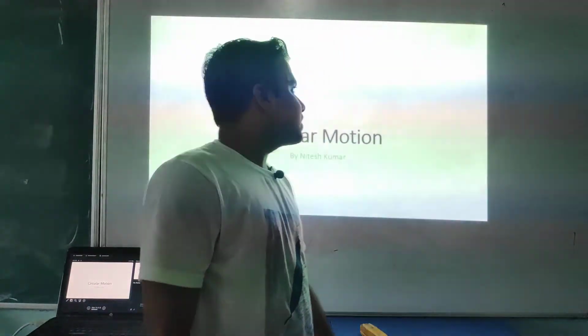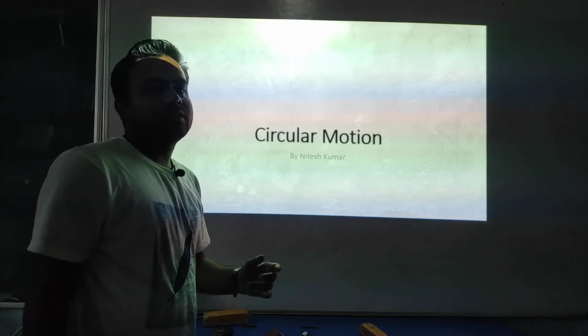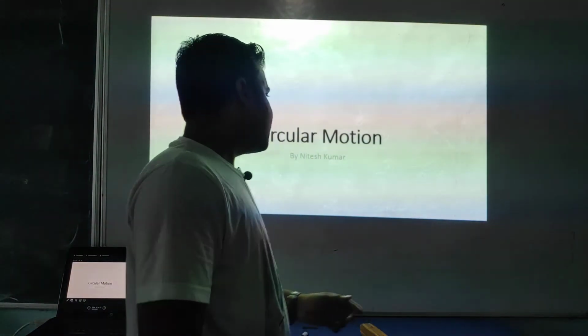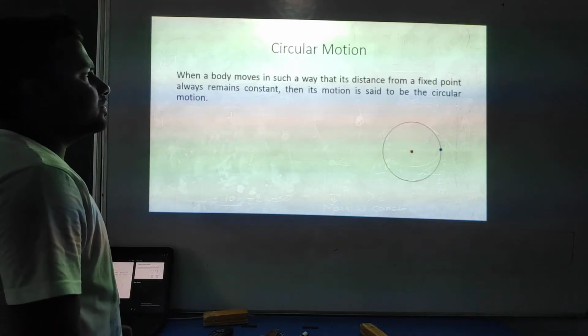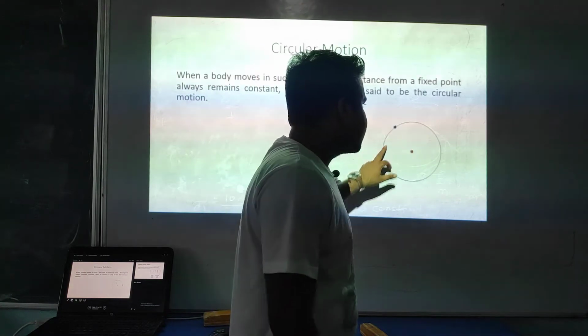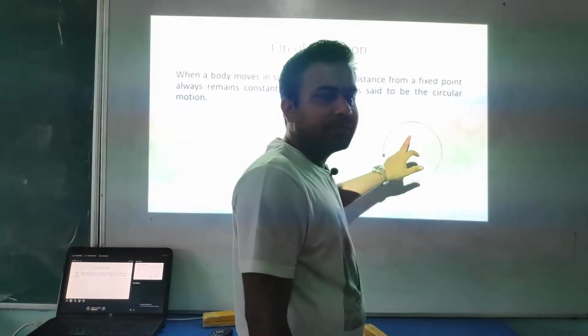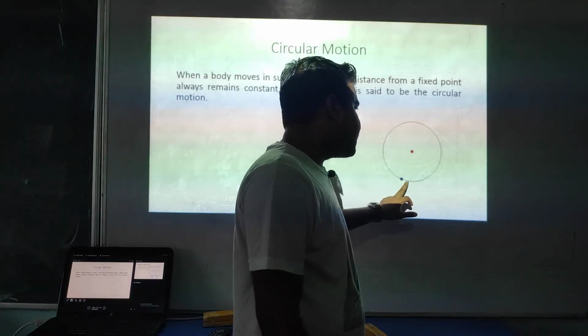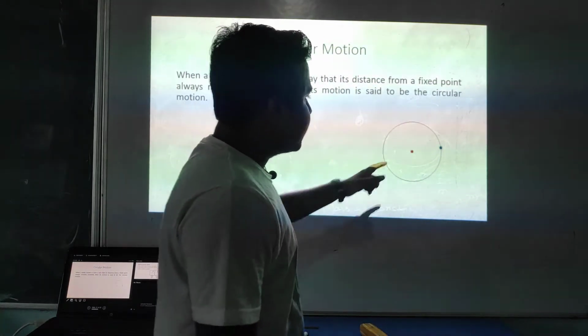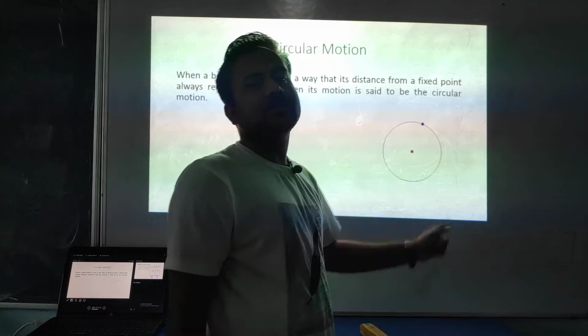Today I am going to discuss circular motion. It's the last topic of our 9th class motion chapter. Okay student, first we are starting with what is circular motion. Look at this student. This is a circular path, a circle with a fixed center. A particle, this blue colored particle, is moving along that path. So now what we can say is it's doing a circular motion.